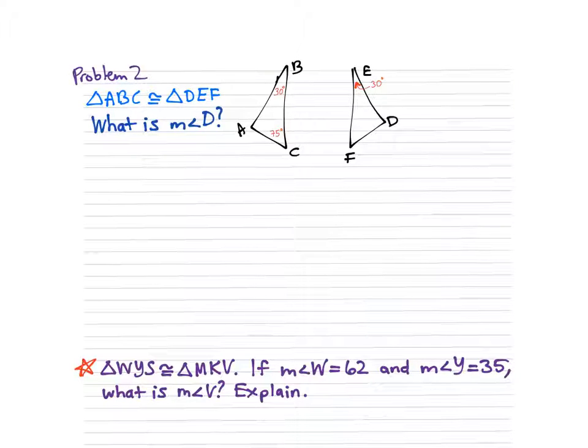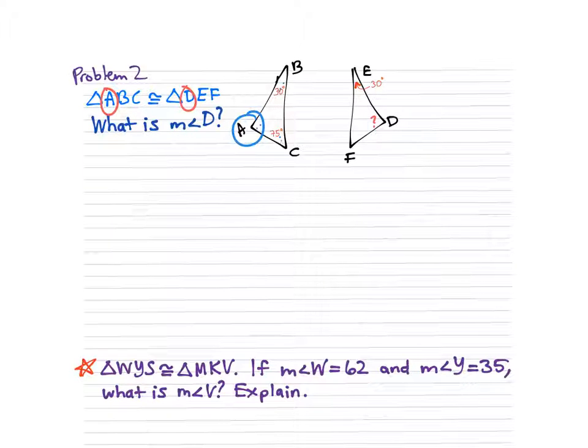So in this case, we know that triangle ABC is congruent to triangle DEF, and we're asking for this angle here. What's angle D? Well, angle D corresponds to angle A. And angle A here is this angle. We don't know what that is yet, but we can see that there are 30 and 75,